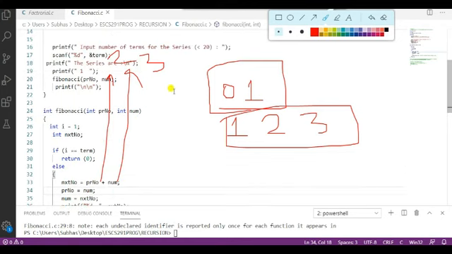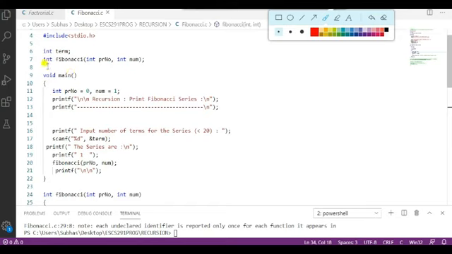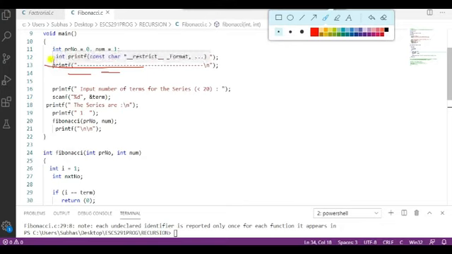Now let's see how I print all those things. Already I mentioned, this is the prototype of this function, and then initially we give the two fixed numbers 0 and 1, so previous number is 0 and next number is 1. Then we print a message, recursion of Fibonacci series, and I will give the input from the keyboard.